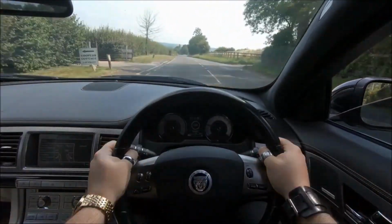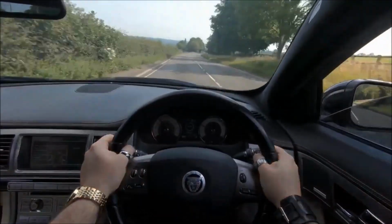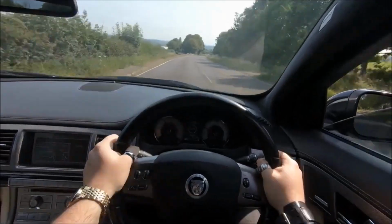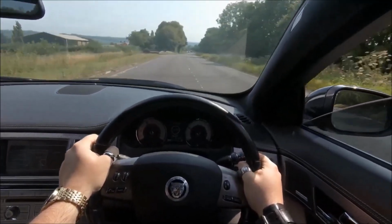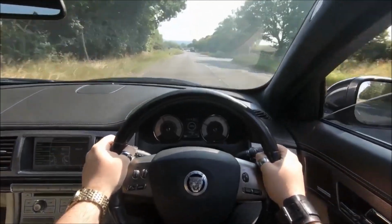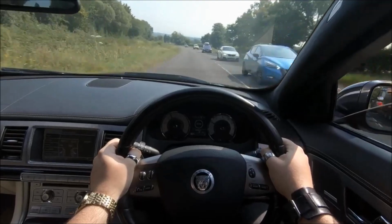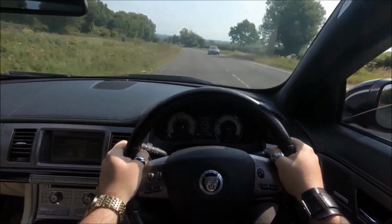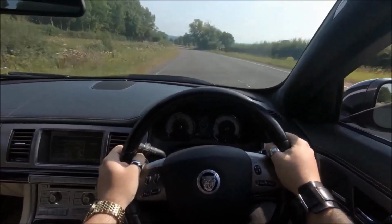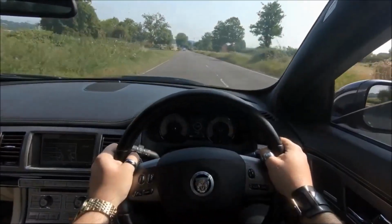As I said, I actually hope to get one now, and that is not something which I expected to say before driving one. And to me that is a crucial thing, because the XFR, as I've been mentioning numerous times through the video, is very easy to miss. It's easy to underestimate this car and think it's just another Jag. It really isn't. This is at least as legitimate an option as an M5 or an E63 or a CLS 55 et al,